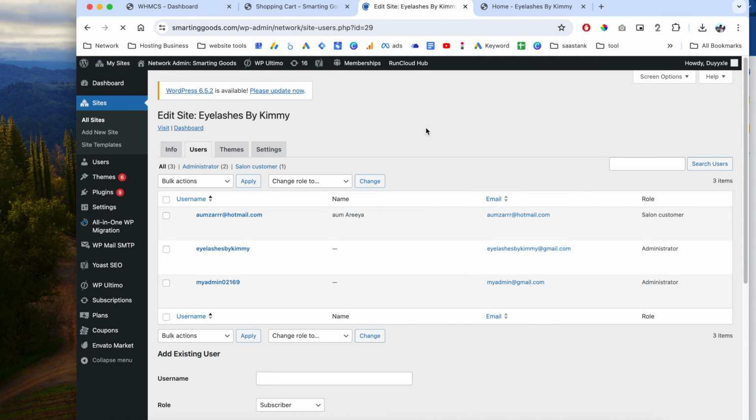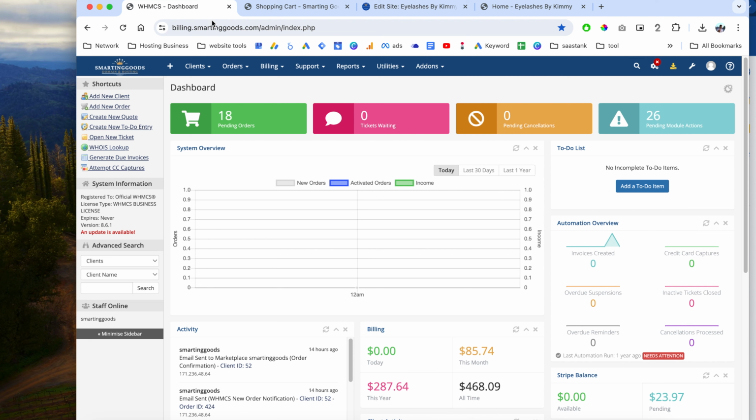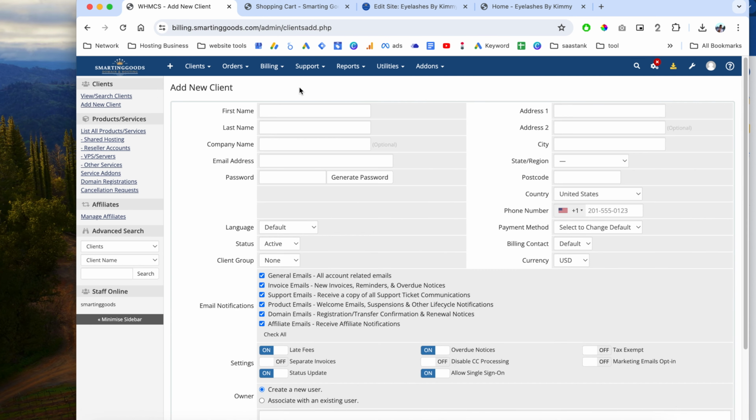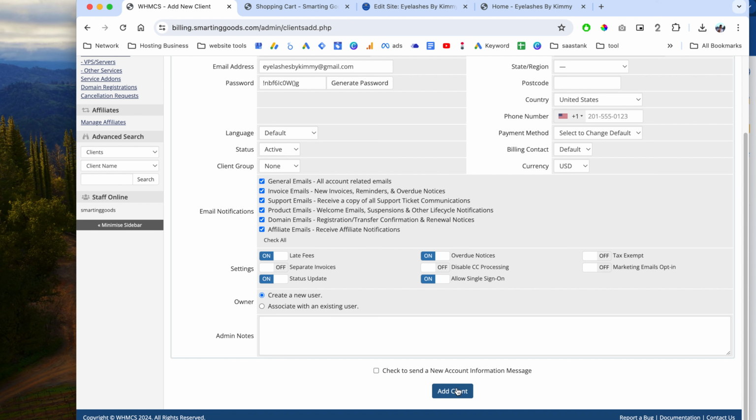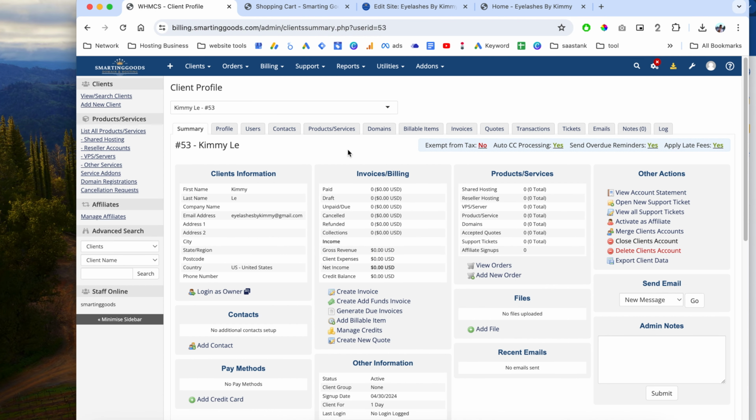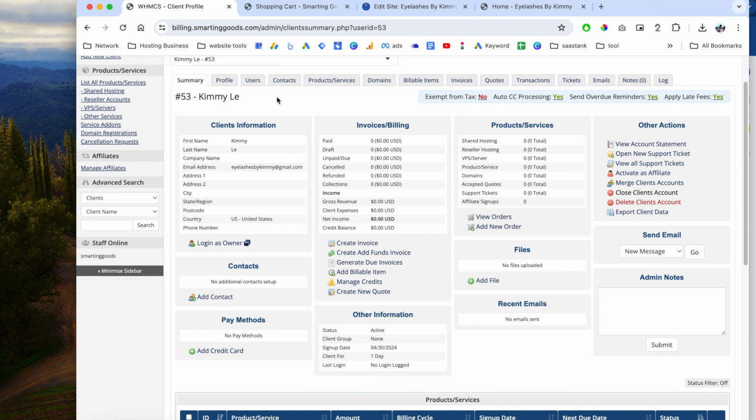And first, we will need to create a user in the WHMCS system. So I'm going to copy this email right here, and I'm going to add a new client in my WHMCS system. All right, and just like that, I think we can just add this client without sending the new account information, because this website is managed by our company. The user doesn't really know a lot of English or a lot of tech on the computer, so they just want me to manage the website for them. So just like that, we add the new client, and now all we have to do is